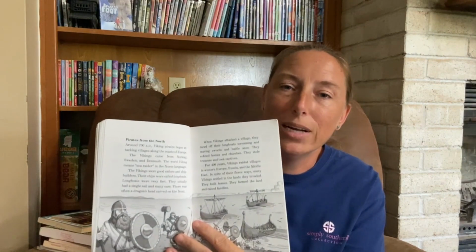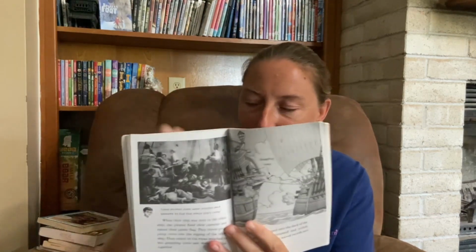We may listen to the story real quick as an audiobook because it's super fast, and my daughter may be interested to hear the stories. But then this talks about the actual facts behind the information of pirates, different parts of the ship, things like that. So he enjoys these. They're quick. These take him like an afternoon. We're going on a car ride to go to a sport or something, and he can knock one of these out. So we're gonna do Pirates, and then we're gonna do Rags to Riches, which is the time of Charles